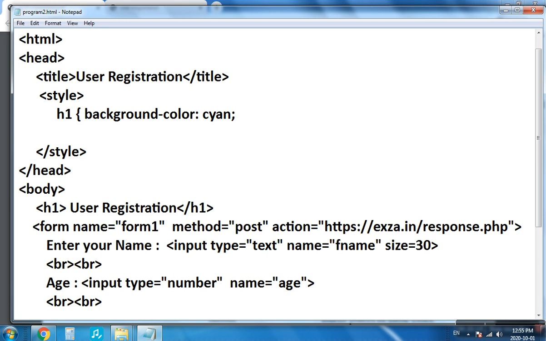Now next, the font style is asked. What are the different font styles? The most important font style that is used is italic, so I'll write font-style italic. You can do a Google search to find out the different font-style values in CSS.